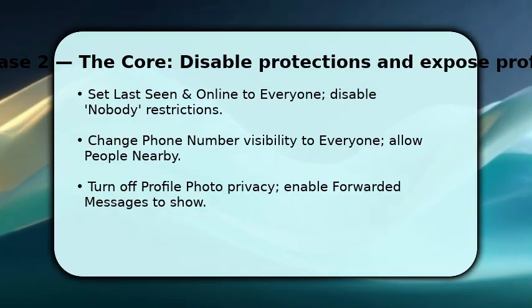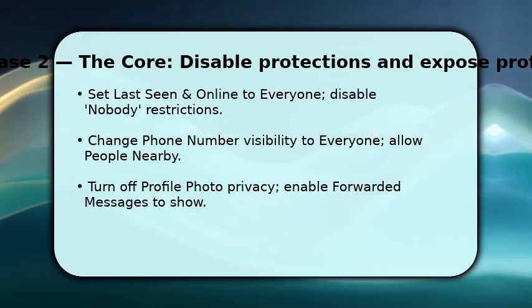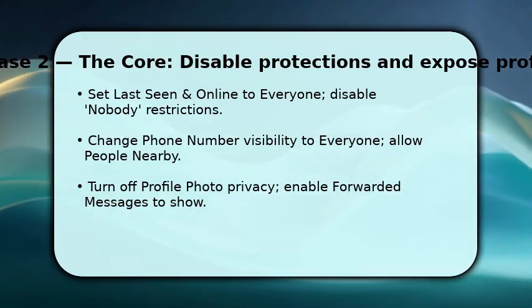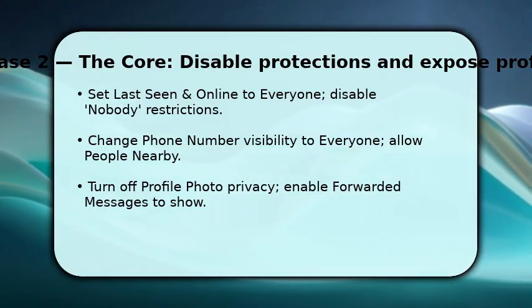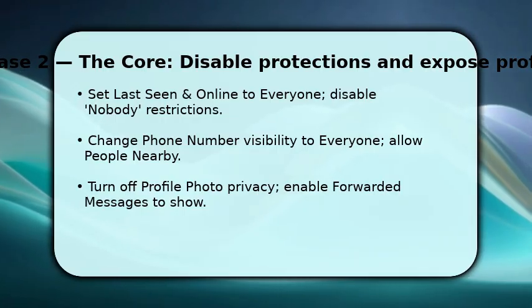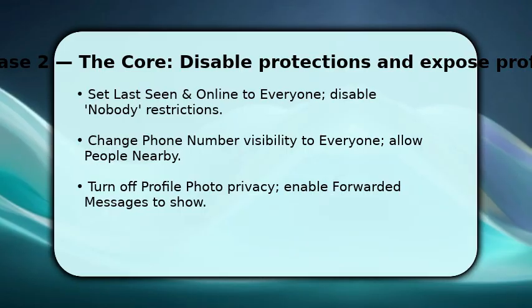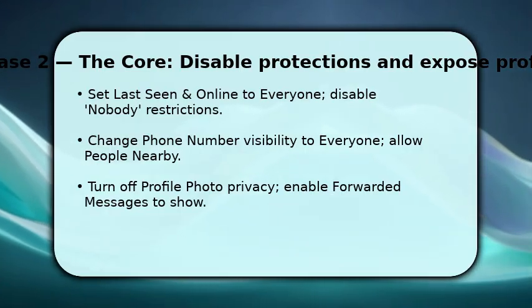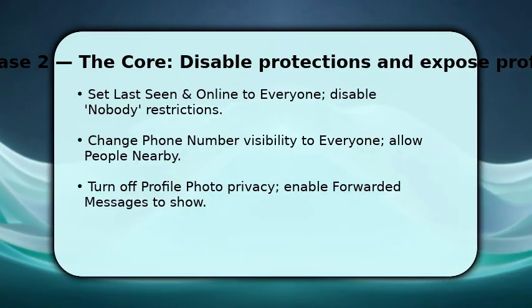Set last seen and online to everyone, because that makes presence visible across chats. Then change phone number visibility to everyone and enable people nearby, which reveals your account to local searches. Next, allow your profile photo and forwarded messages to be visible. This makes identification easier. As you proceed, confirm each change with the checkmarks Telegram shows, and make sure session devices